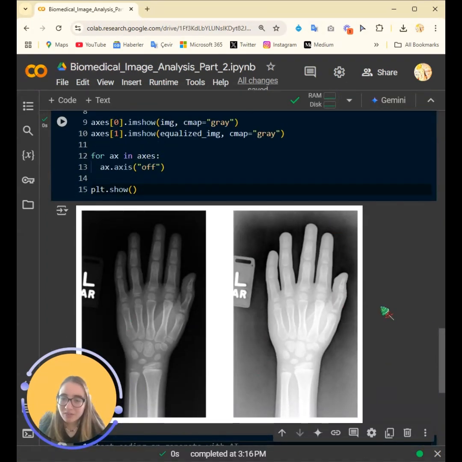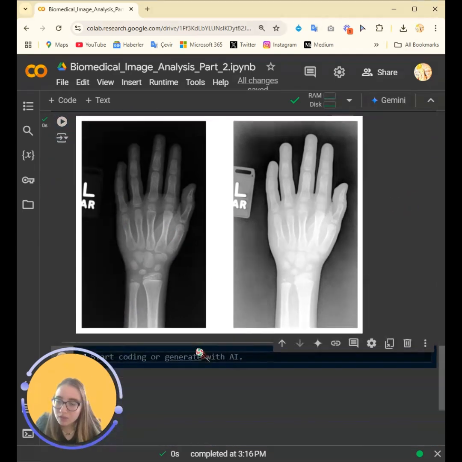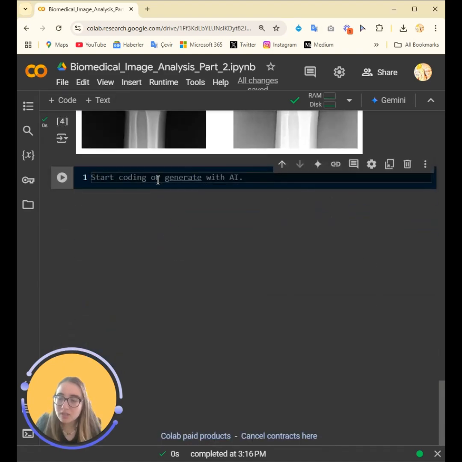And here you can see, now we can see the bones more clearly. If there was a fracture, we would have seen it more clearly. So the normalization is good for this case, but it's not necessarily good for biomedical image analysis, because it gives importance to the background, and we don't want to give importance to the background. We want to emphasize the foreground, which is more emphasized here. So it depends on the situation you want to use it in, but it's a good tool to keep in mind. But we have to be careful.